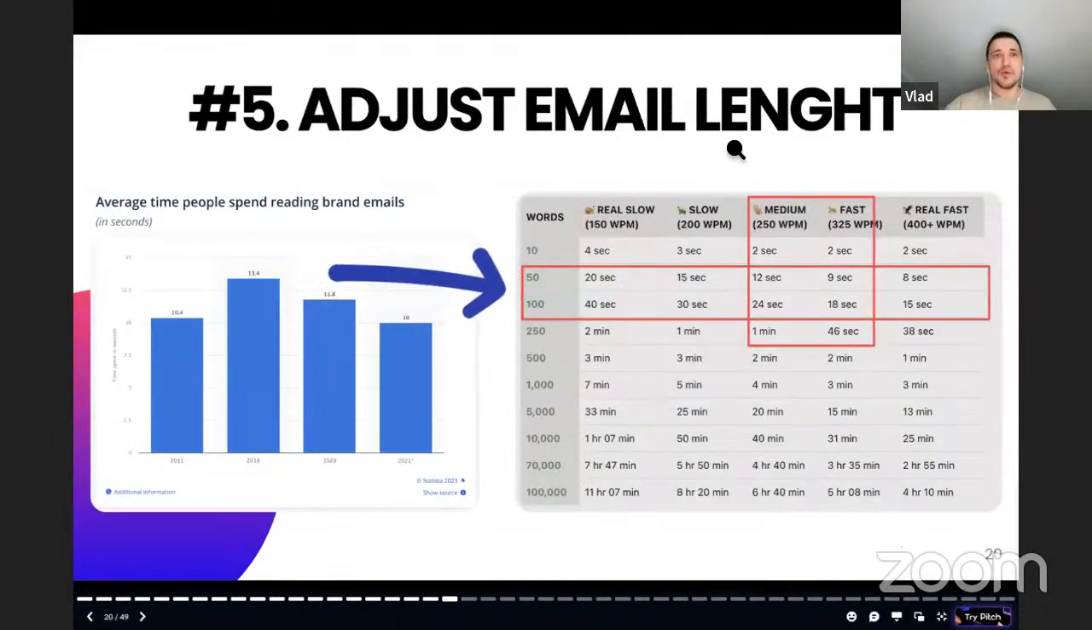What's next? Rule number 5 is adjust email length. It's super important. Here's why. On average, people spend approximately 11 to 14 seconds reading your brand emails. It's brand emails. Typically they analyze marketing emails, but I guess sales email, cold outreach email is kind of brand email, right? And then when we're given this fact, like 11 seconds, 13 seconds, whatever it is,